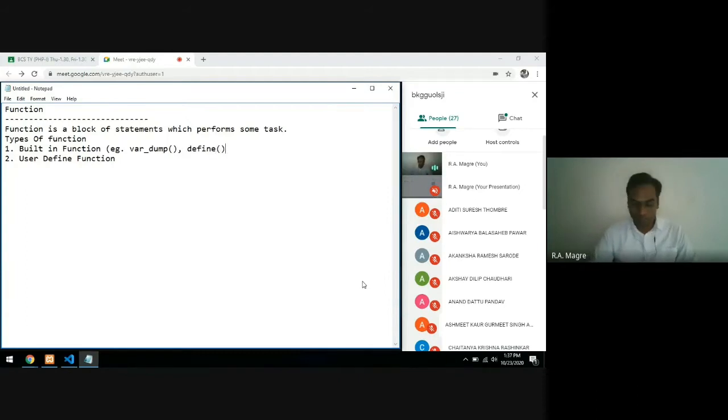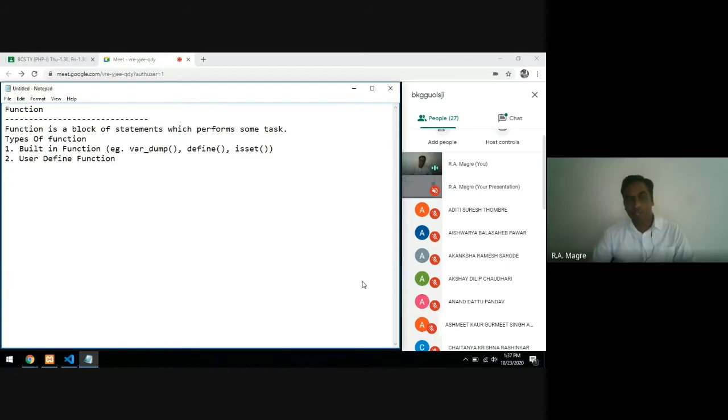Then we also have seen the isset function. So these are also built-in functions, readily available. We directly use them. The second is a user-defined function, a function which we are going to create.